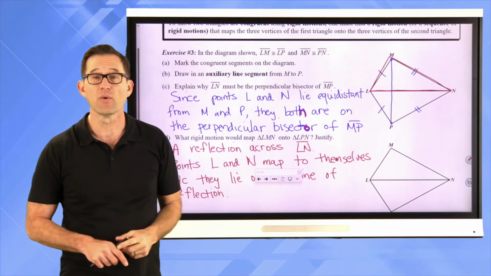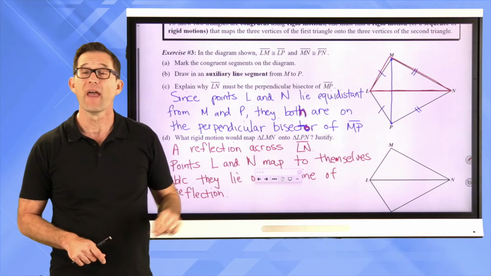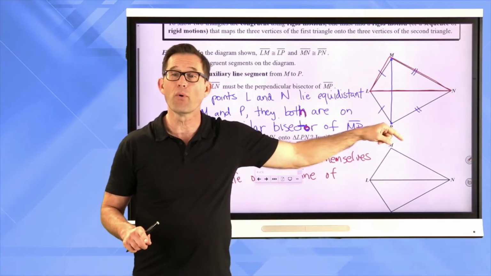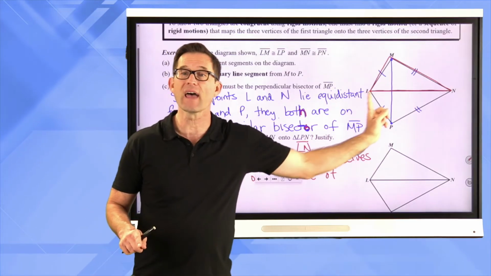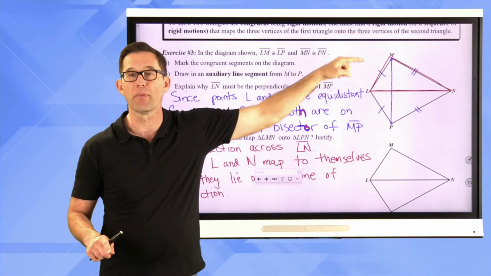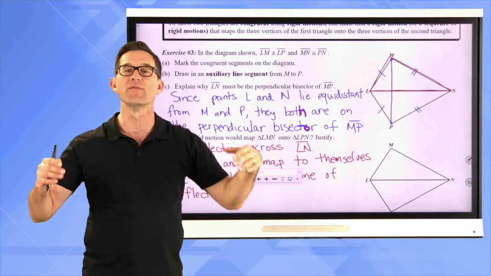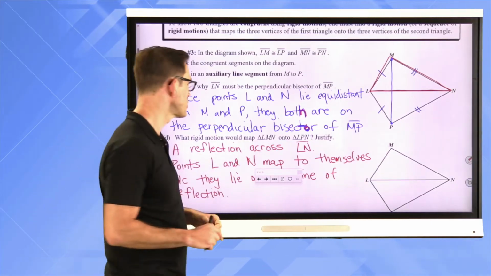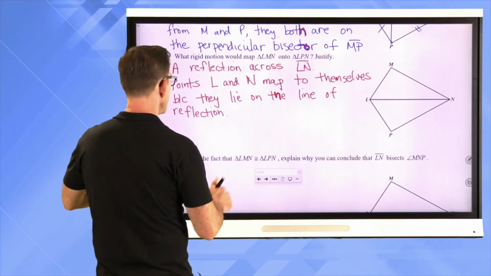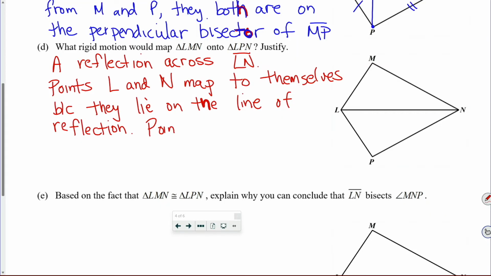Well, that goes back to what a line reflection is, right? And point M must go to point P under this reflection because LN is the perpendicular bisector of MP, and that is the very definition of a line reflection. So point M maps to point P because,